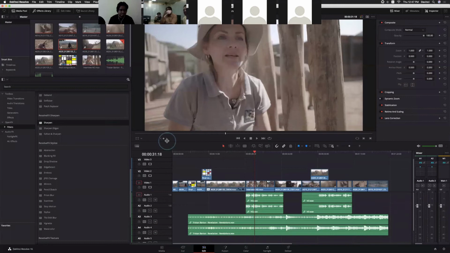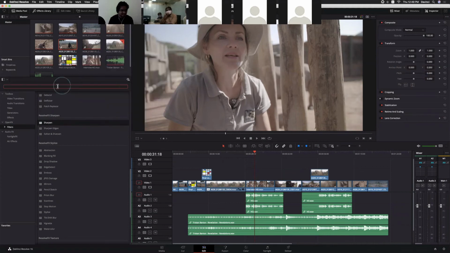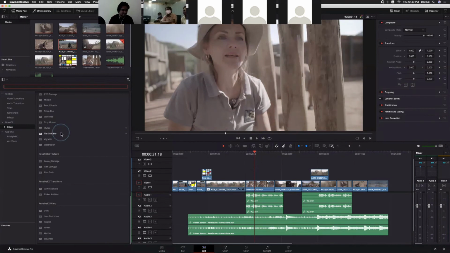So, sir, whatever effect we need, we can find it from this filter page only, right? If you want to search for any filter, you can search for it by clicking this one, but it should match the name. Maybe deflicker. Right now we are seeing deflickering. Another filter is called Vignette. To be frank, I don't know that much. What will that filter do?